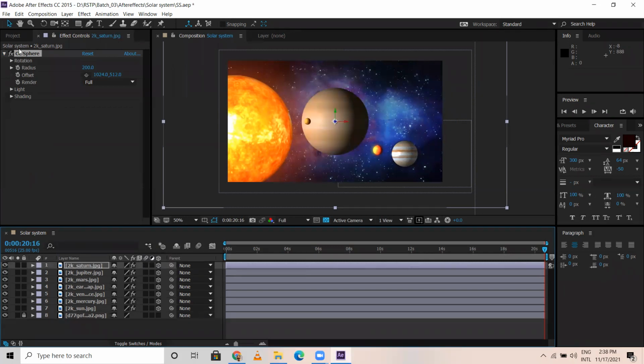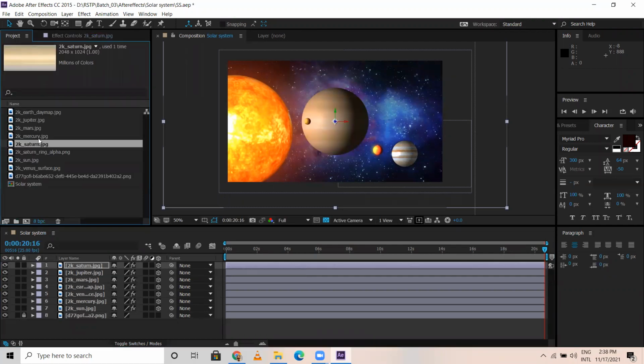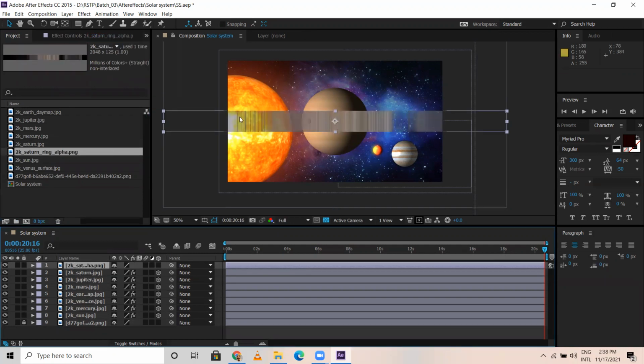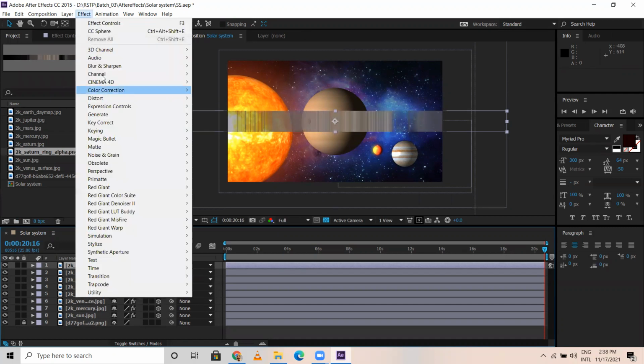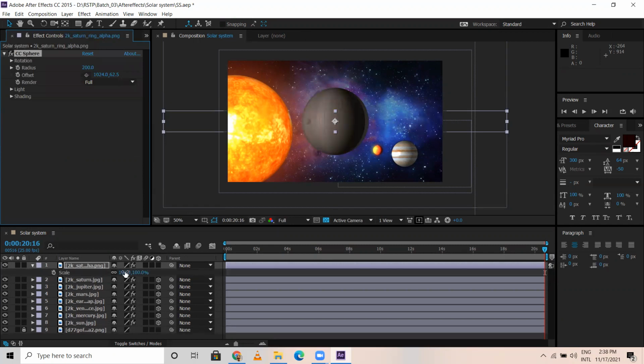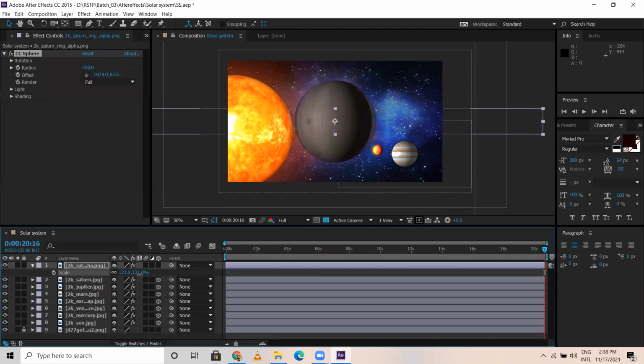What I'd like to do is, let me add Saturn ring as well. Okay, this is a Saturn ring. And for Saturn ring also, I'll add CC sphere. Then let me scale this a bit.